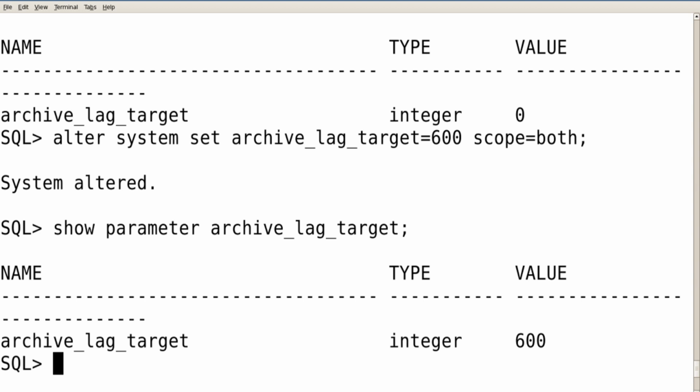If you find a difference in the lag between primary and standby, you can set that particular value. And don't go with a lower value, you will find a negative impact on your primary database performance. Also, having frequent log switches is not a healthy database. It's not in good health.